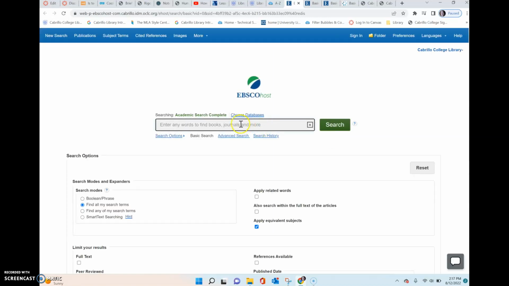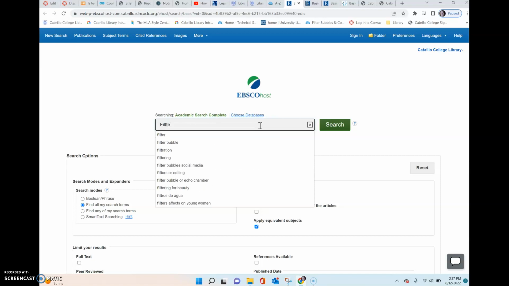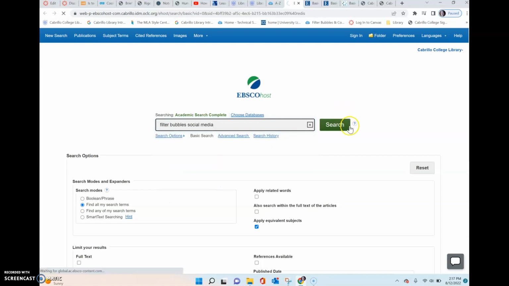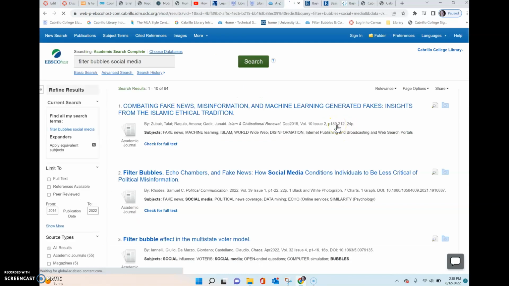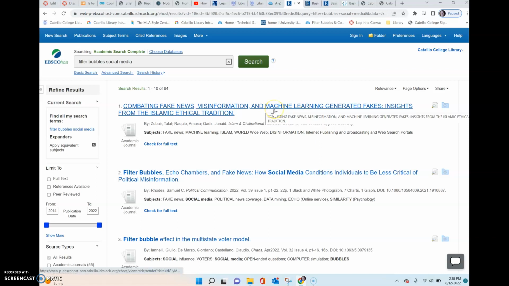And once you're in Academic Search Complete, you can enter by just clicking on it. And then you can type in the center search bar, and you can type words like filter, bubble, social media as search terms, and click the search button. And then once you find an article that you like, you can click on it